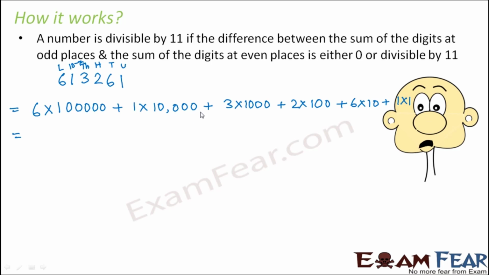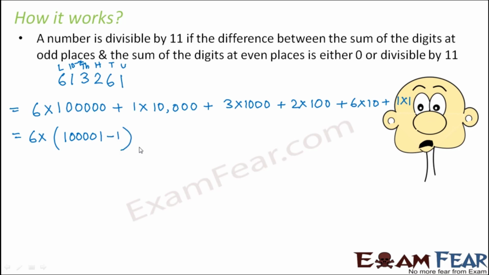What we do is a very interesting thing here. We will try to find numbers which are divisible by 11 and make use of those numbers. Now you remember in divisibility by 3, what we did? We wrote 100 as 99 plus 1 because 99 was divisible by 3. Right? So here also we will do something of that sort. We will make use of numbers which are divisible by 11. Now this 1 lakh can be written as 1 lakh 1 minus 1.